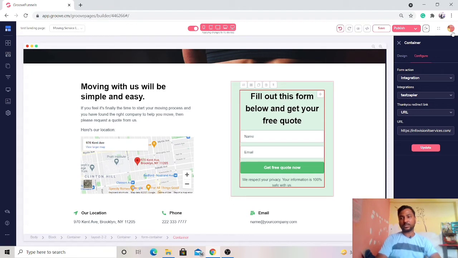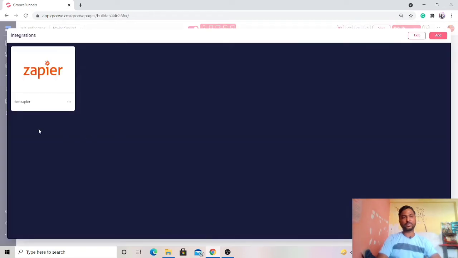You need to look at the right-hand side top area where you can see your profile image. You might have one or you might not. Select that one and go to the my integration option. When you click on my integration, you can see that one integration is already attached from Zapier. I'm going to add one more here so that I can show you the other one in the form integration area.